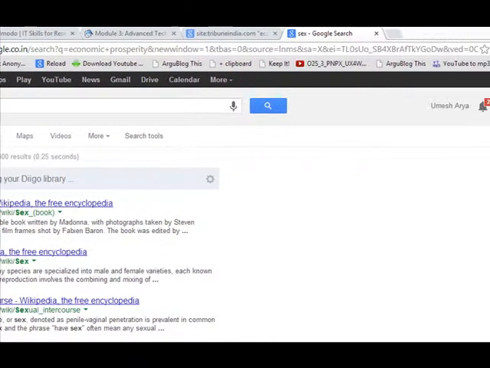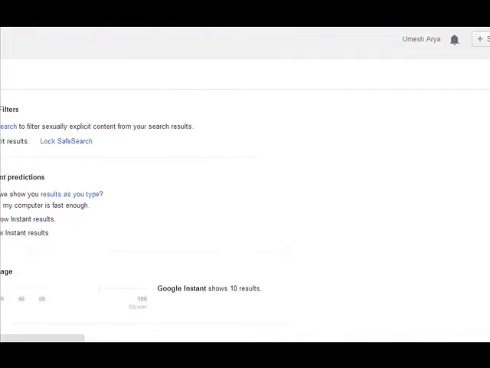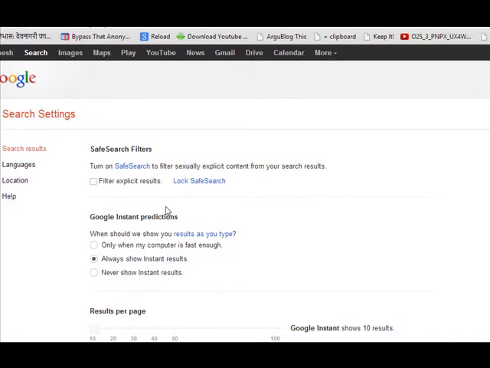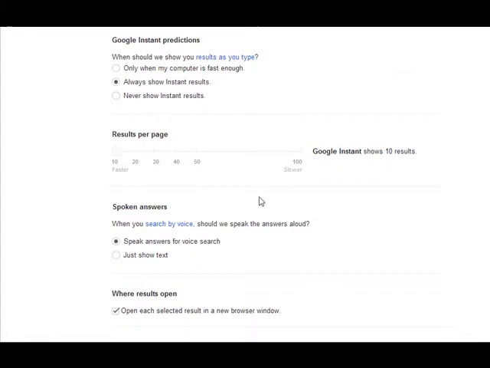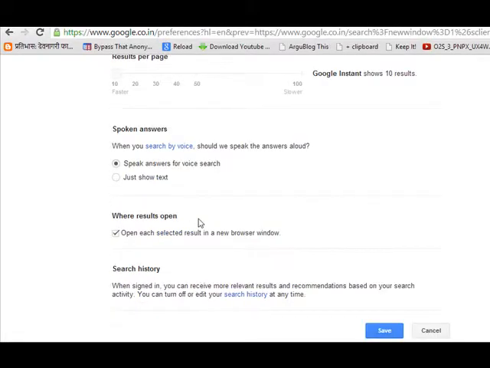And you can see the gear here. If you click this, then you can go to the search settings, and here you can customize your search, like results per page 10, 20, 30, and save.